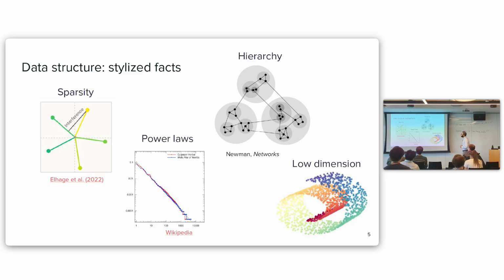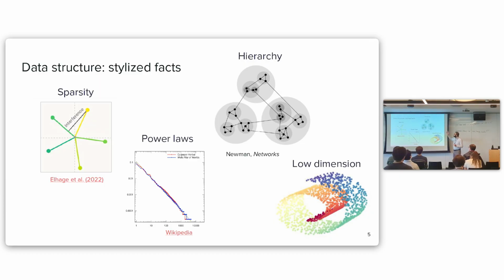So there's a few different types of structure that people usually associate with natural data. First, we have sparsity. That's a very common assumption in interpretability, that the latent features that generate data sets occur, there's many of them, they each occur rarely, they co-occur rarely. We also think that there's power laws or heavy tails associated with data in many ways. For example, these sparse features, they might not be distributed uniformly, but those common features occur far more frequently than the typical feature.